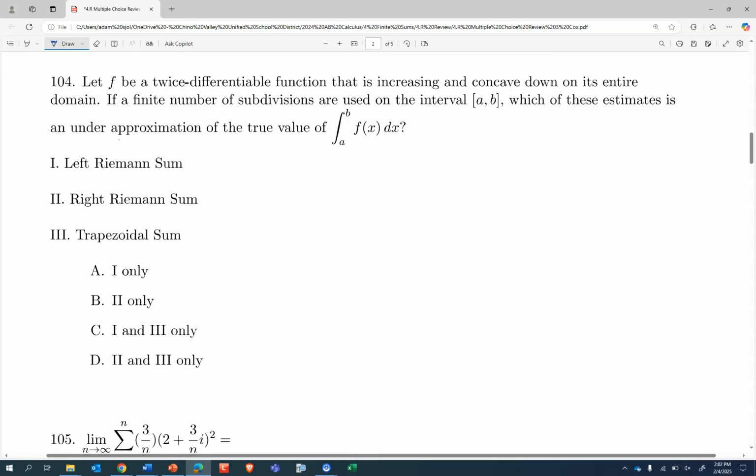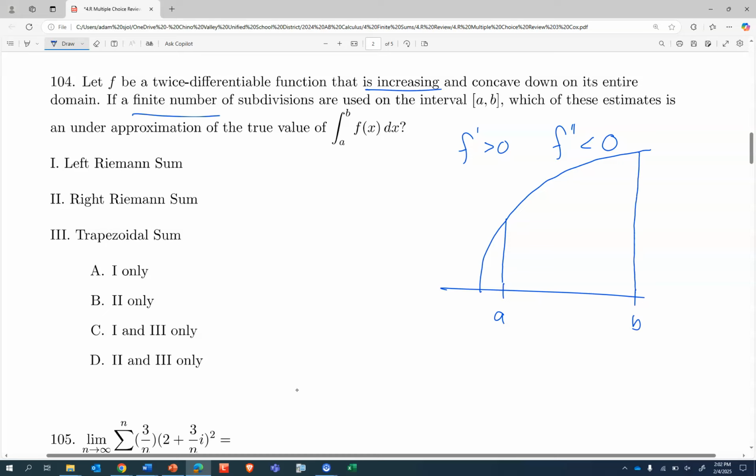Okay. Let f be a twice differentiable function that is increasing. F prime is greater than 0 and concave down. F double prime is less than 0 on its entire domain. If a finite number of subdivisions are used on the interval, finite, like we're not doing an integral, which of these estimates is an under approximation of the true value of the definite integral from a to b? It actually doesn't matter